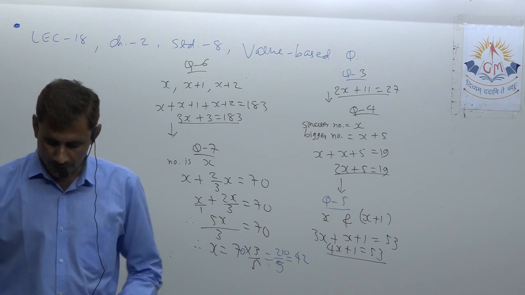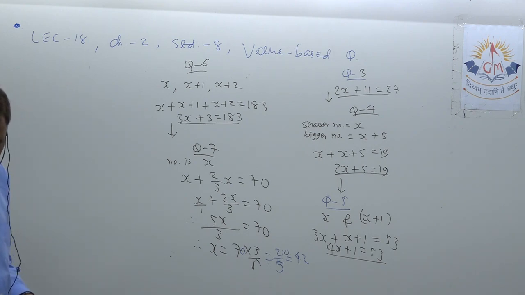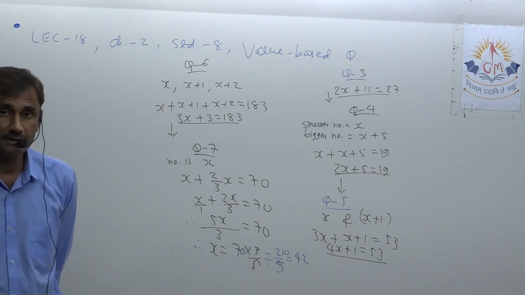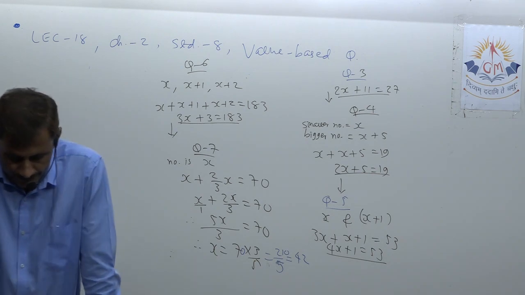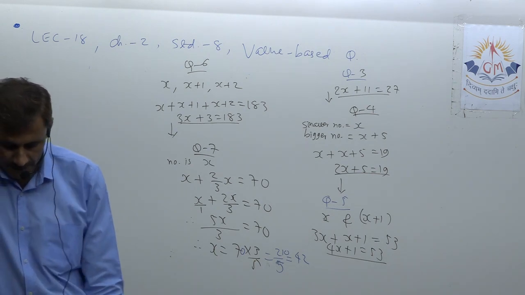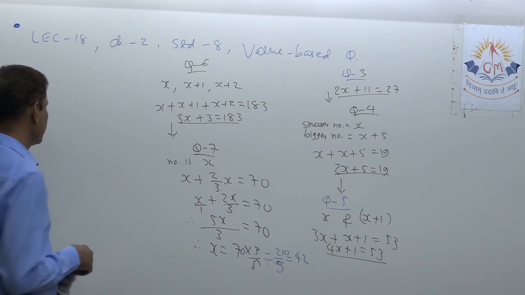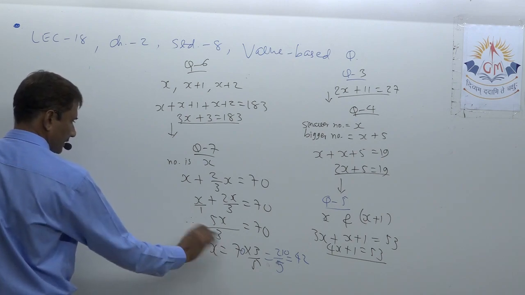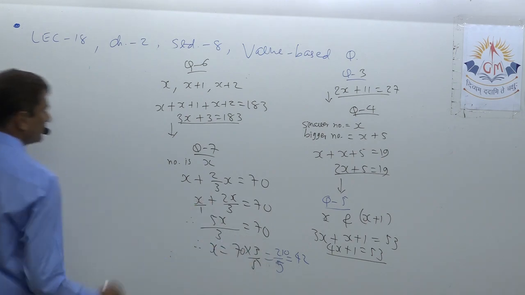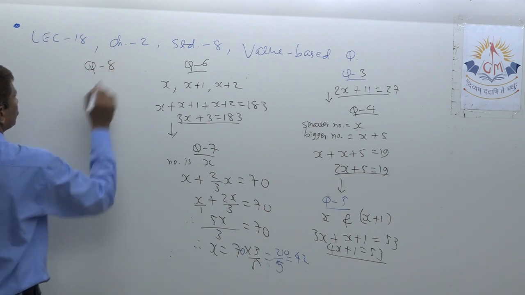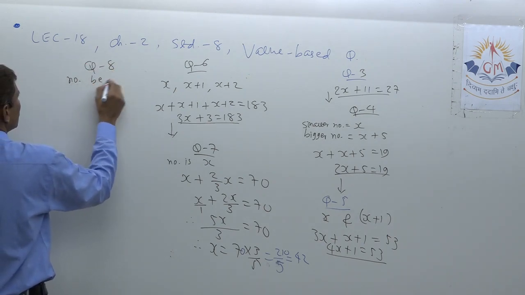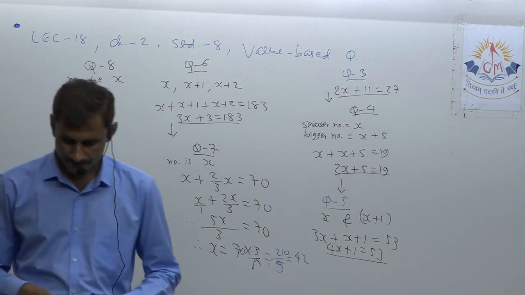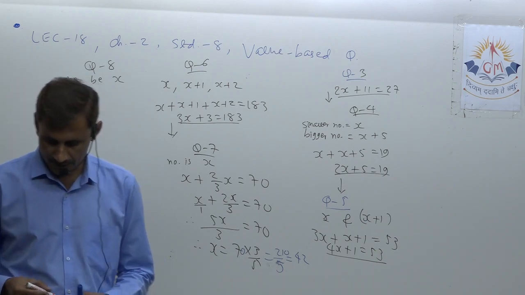Number 8. 4 times a certain number is as much less than 60 as 7 times the number is greater than 61. Understand well first of all. Certain number, so we suppose that the certain number, the required number, be x. This is already solved, not making an error here. So the number is 42 itself. Now question number 8. The certain number be x, that is supposed. 4 times this number, that is 4x.